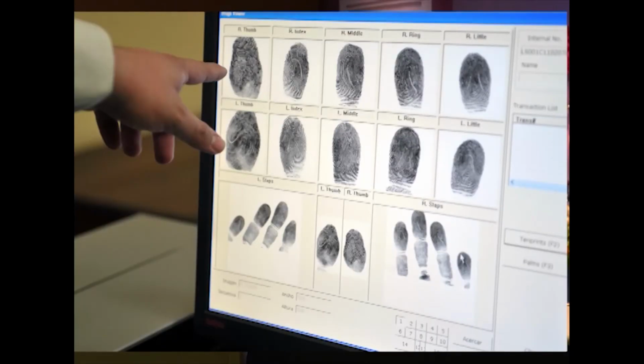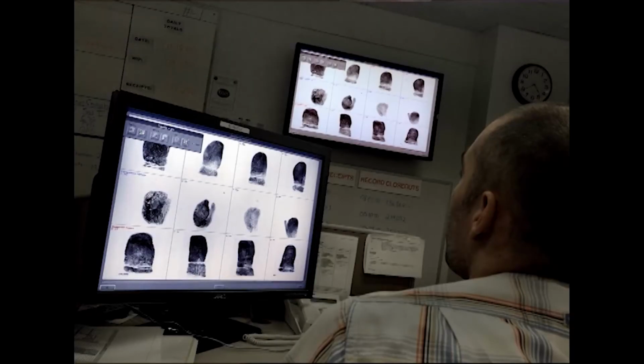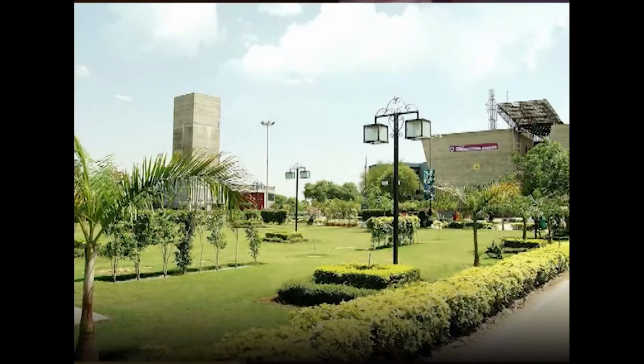NCRB is a center of excellence for fingerprint science, crime, criminal intelligence and information technology for central and state police forces. It is also working for the upgradation of technology. It gives training to government officers of Indian Police Force on the subjects like CCTNS, Advanced Fingerprint Science, Networking and E-Security, etc. NCRB also conducts the courses on training of trainers, and for the purpose it is making contact with universities and institutions to provide experts for giving lectures.